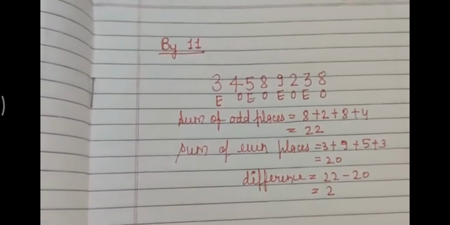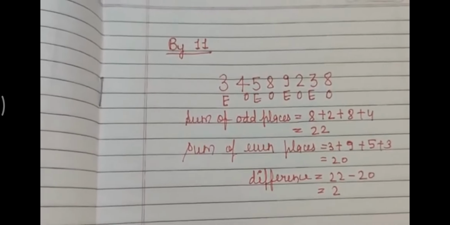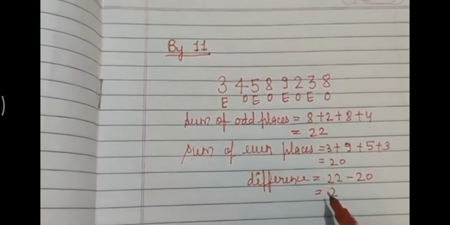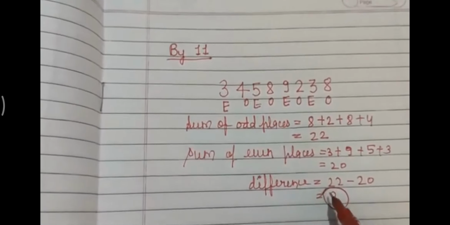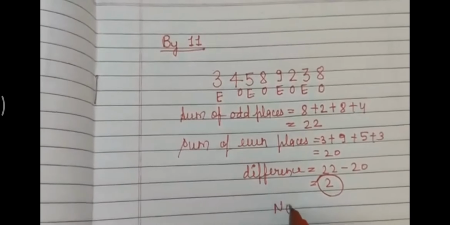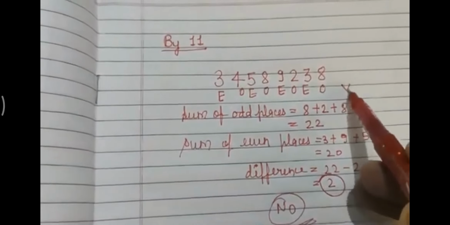Now it is not 0 or divisible by 11, so we will write no, the number is not divisible by 11, क्योंकि यहाँ पे डिफरेंस 2 आ रहा है, डिफरेंस 2 है, 0 भी नहीं है ना, तो 11 से डिविजिबल है, इसीलिए ये नंबर जो है वो 11 से डिविजिबल नहीं है, नो।